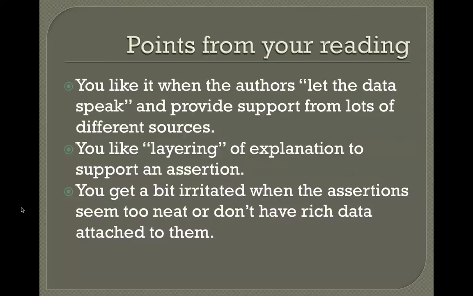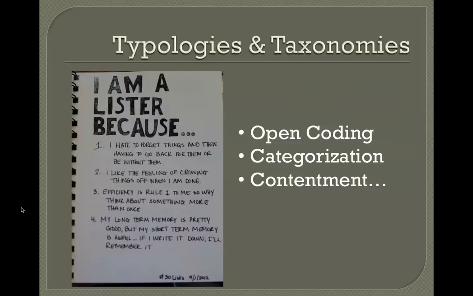Anyway, so one of the things I think that happens is that people do open coding, but they don't quite get to the point of axial coding. So that's what I wanted to talk about first. Open coding, if you remember, is the process when you organize your data, when you go through the first couple of readings where you figure out how to organize the different chunks of data, and you start to label it, you start to give it names, and you start to come up with categories. And in your mind, even if you don't write it down, you already are starting to have this typology in your head.